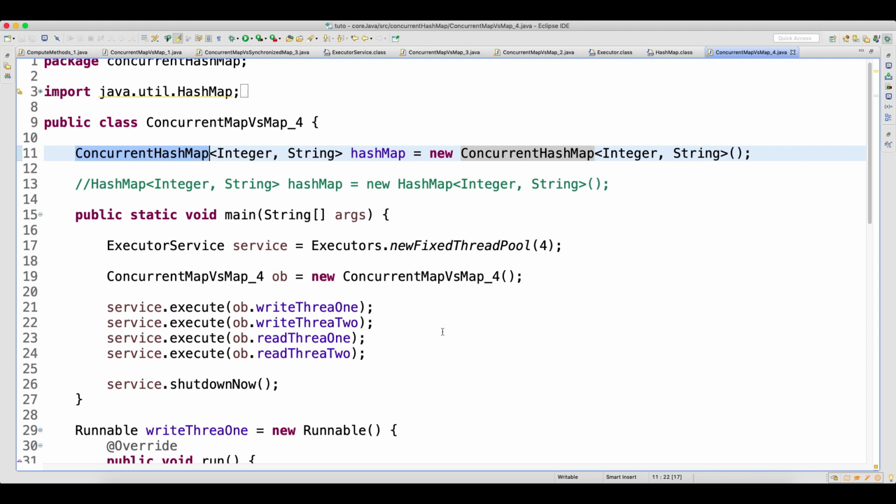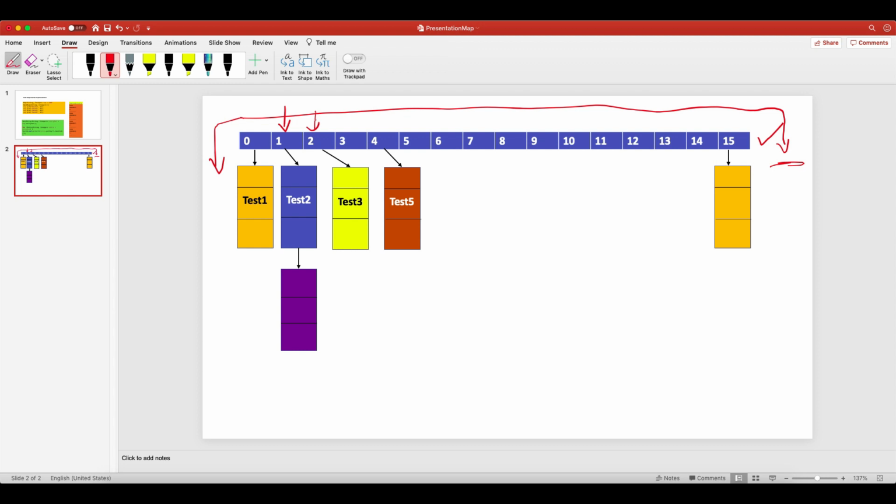Why? Because internally, all these methods are synchronized block-wise. It will acquire a lock on the bucket, bucket by bucket, as I have told you here. It will never acquire a lock on the entire bucket.